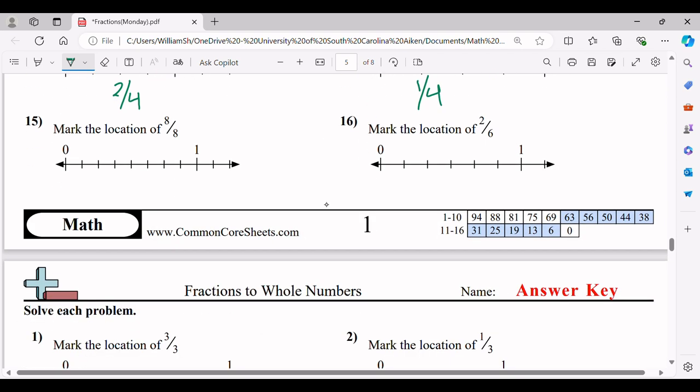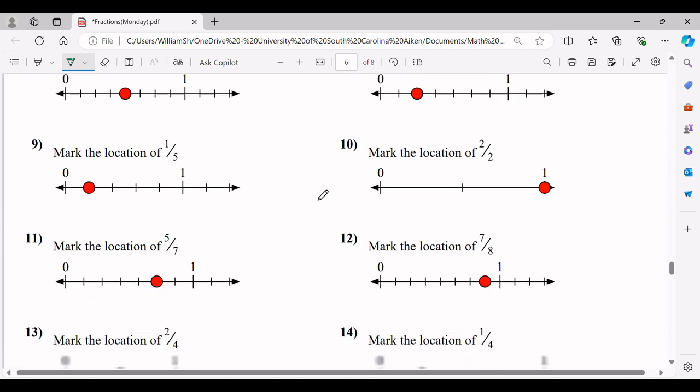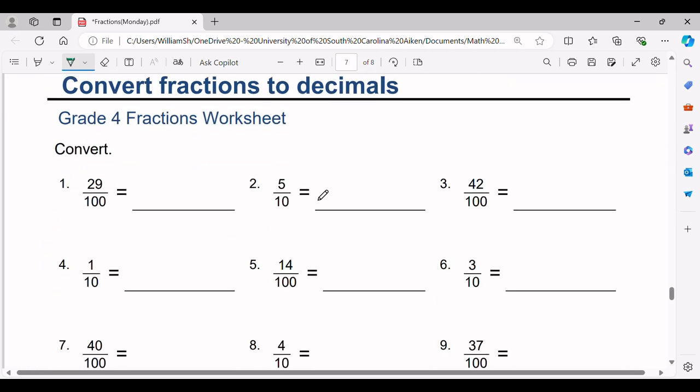Mark the location of 1/4. Hopefully this is getting really easy by this point. Just marking 1 over there. Location of 8/8. 8/8 is the same thing as 1. Just going right here. There's your 8/8. Location of 2/6. Right there. There's 2/6. Remember 2/6 is the same